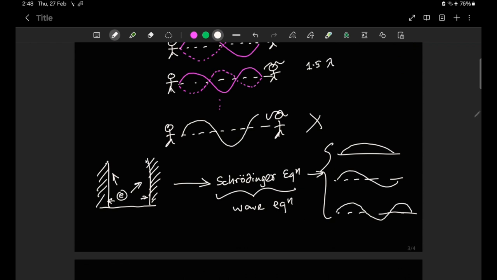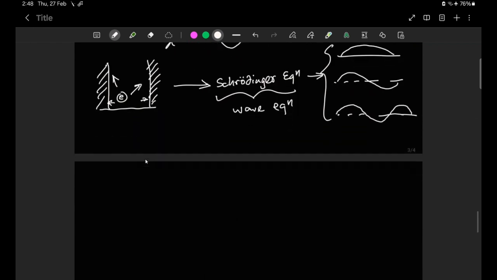Okay? And this concept basically extends into this idea of quantized energies of the hydrogen atom. So let's revisit this idea that we discussed in the previous video of the hydrogen energy levels being quantized. Quantization of the energy level means that, as we said, the electron can reside in the first energy level or the second energy level, but never, let's say, one and a half energy level. That will never be true.